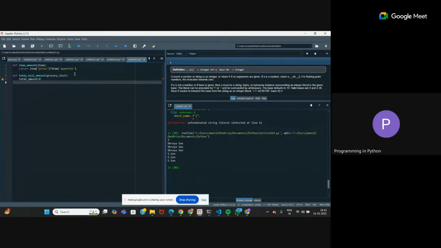So it is a list of dictionaries, but each dictionary represents an item. So we have to go through every item, that is every dictionary. So write for item in grocery list, total amount plus equal to. So now I can just call the function I defined previously, right? This item amount function. That will find the total amount for every singular item. So put item as the parameter. Simple. Then just in the return statement, put return total amount.